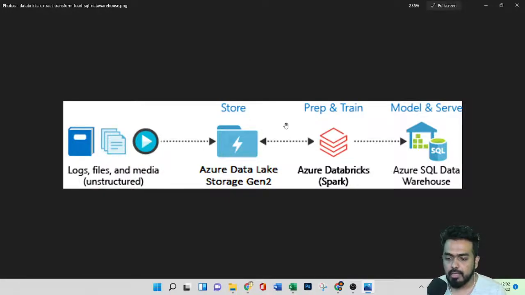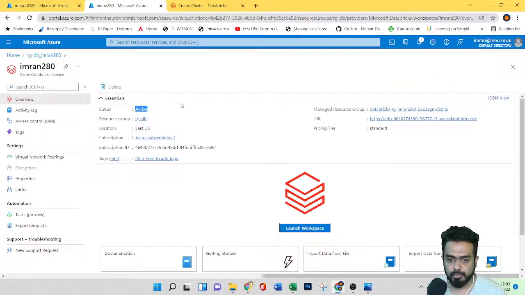To do that, with the help of a service principal we can just do it, where we mount and authenticate using the service principal, right? So let's try to do that. Now if I go to my Azure portal, here I'll create one more.